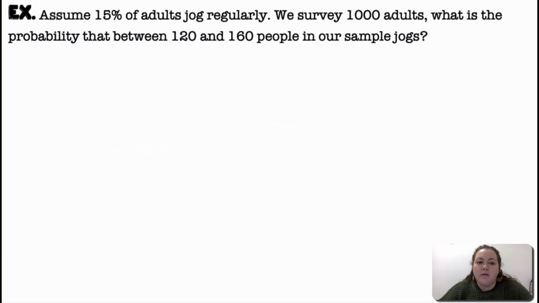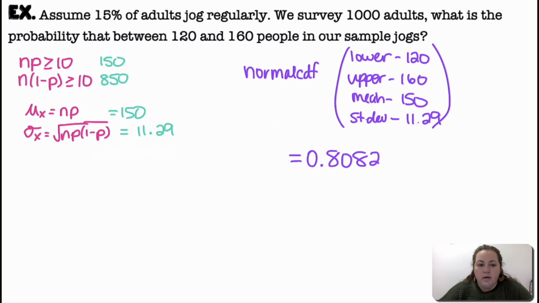So assume 15% of adults jog regularly. We survey 1,000 adults. What is the probability that between 120 and 160 people in our sample jog? Okay, so again, I'm going to check those conditions. N times p has to be greater than or equal to 10. N times 1 minus p has to be greater than or equal to 10. They are. I'm going to find my mean and my standard deviation using the binomial rules, n times p for the mean, the square root of n times p times 1 minus p for the standard deviation. Then I can do a normal CDF, lower bound 120, upper bound 160, mean 150, standard deviation 11.29, and